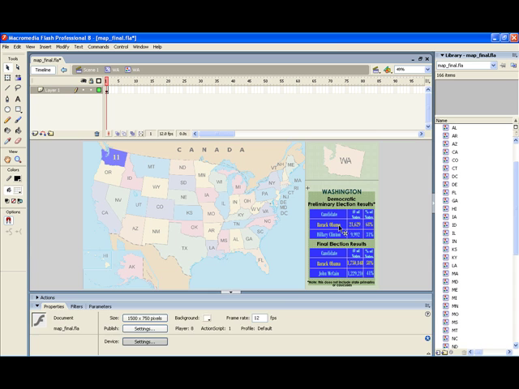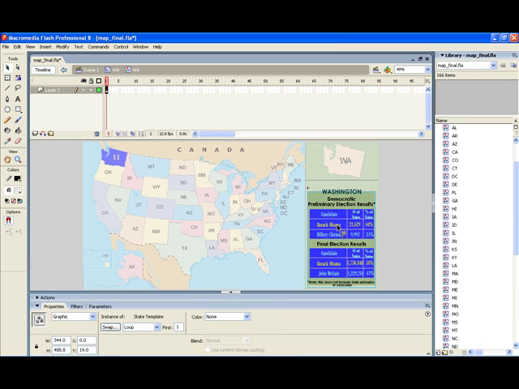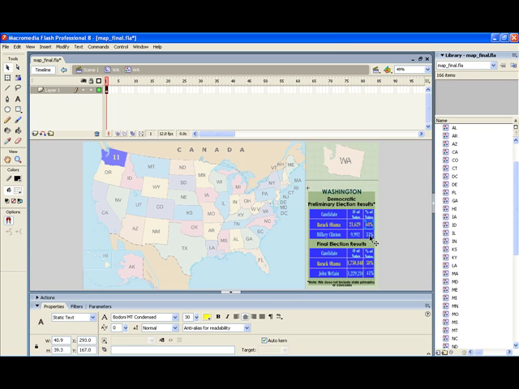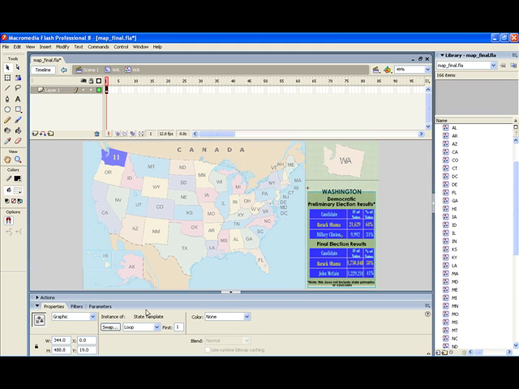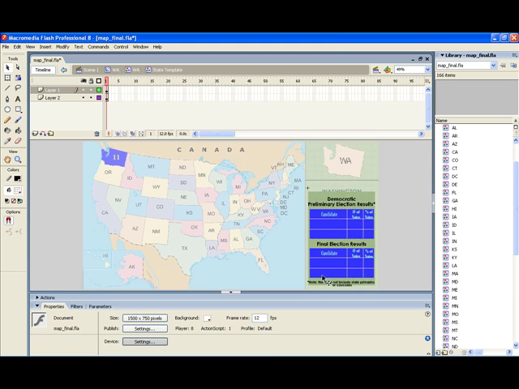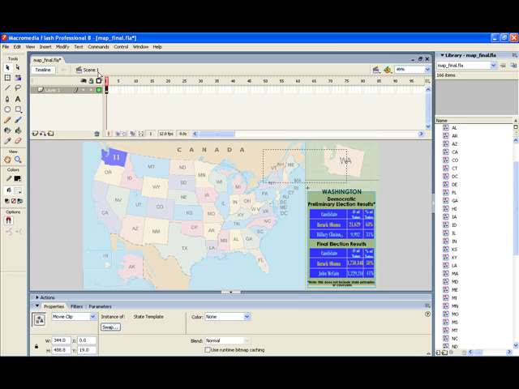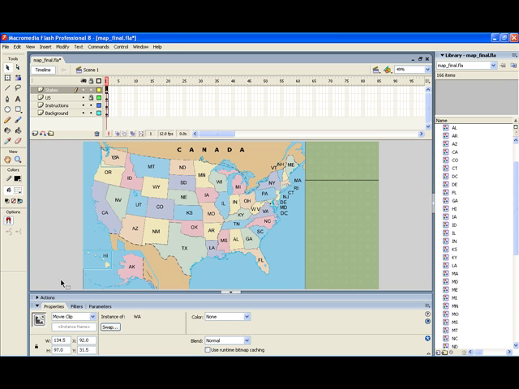And this is made up of several text boxes with the information that varies from state to state. It is also made up of the template that I used for all of them, which simply contains the static text. Now if we go back to scene 1, to make it so that when you roll over it changes,